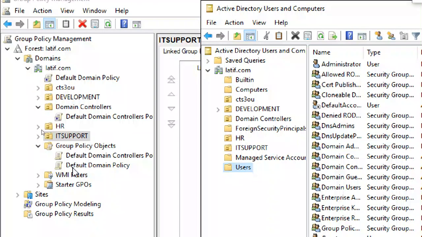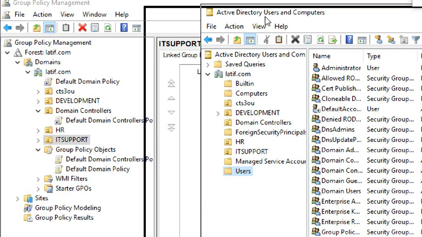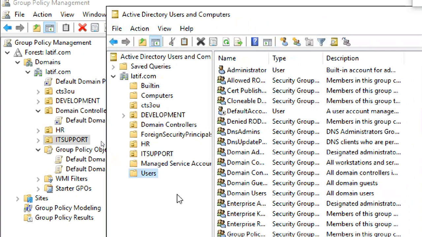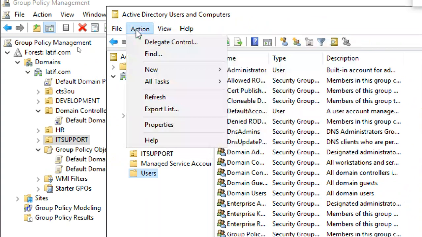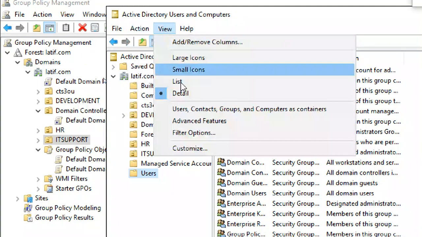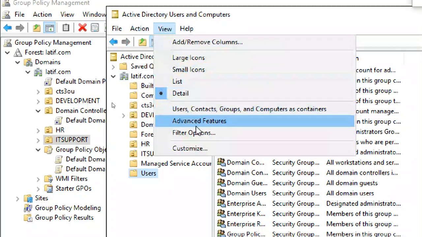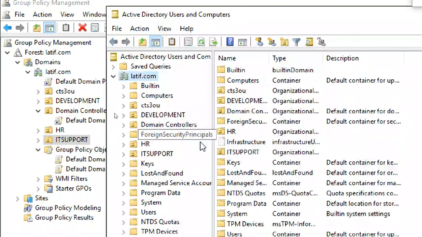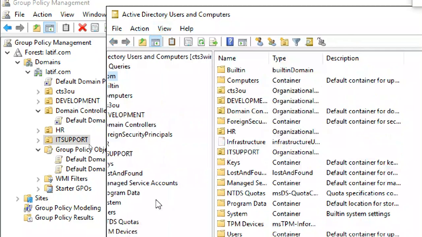But if you see, built-in is not there, computers are not there, users are not there, managed service accounts are not there, foreign security principals are not there. Of course, there are some hidden OUs also that we are not able to see here. If you want to see them, go to view, more details, advanced features. Yeah, now you can see a lot of things.